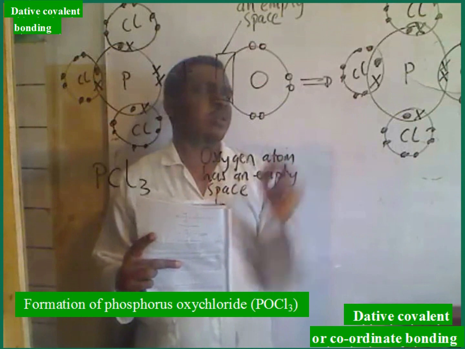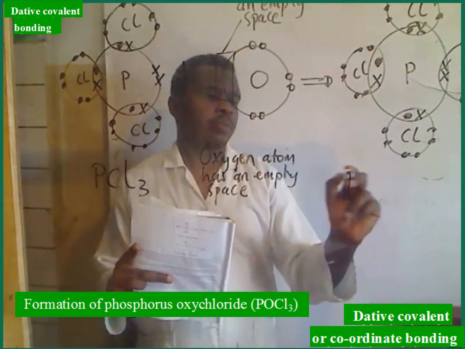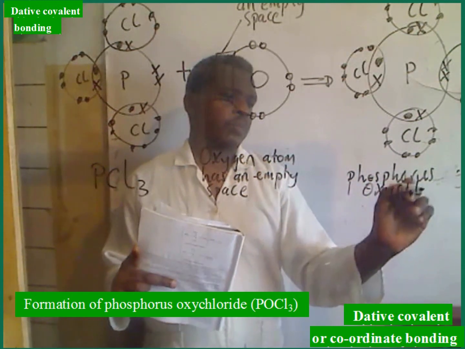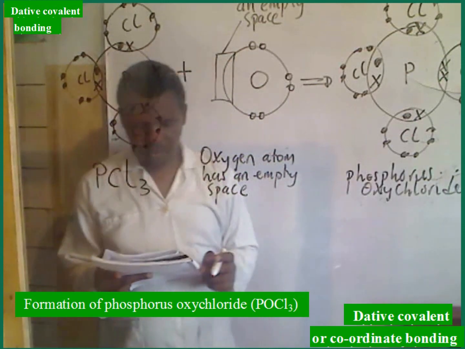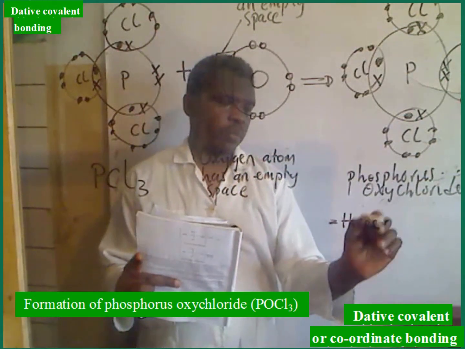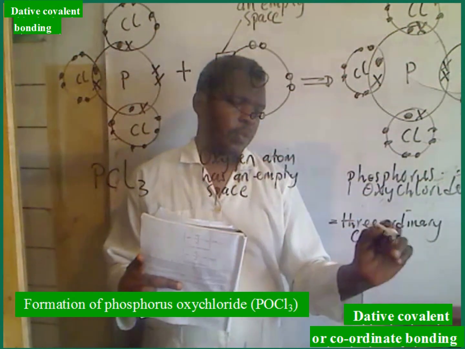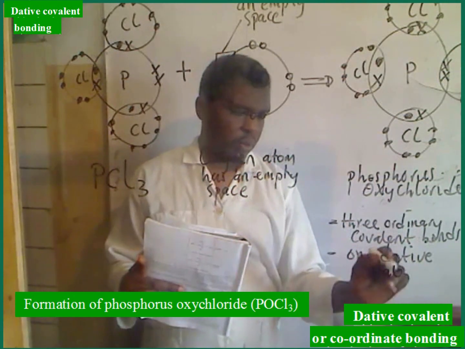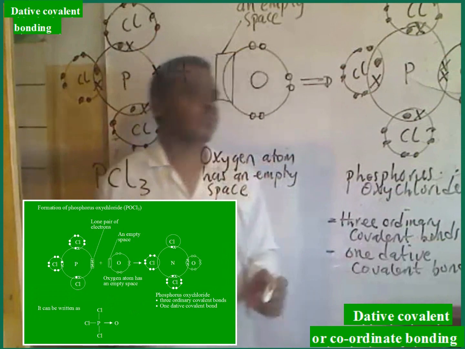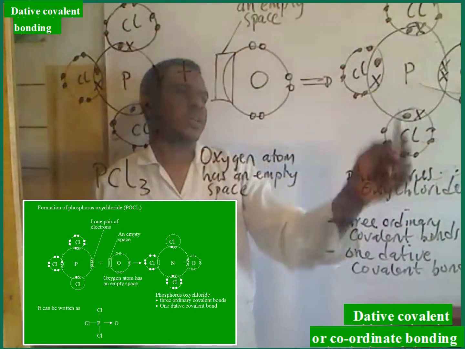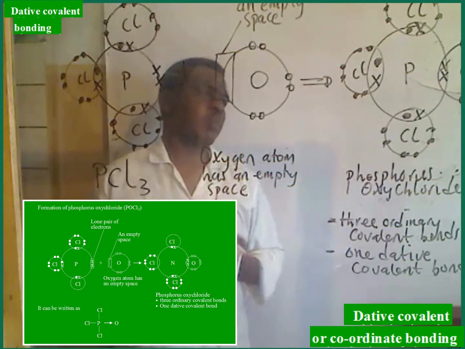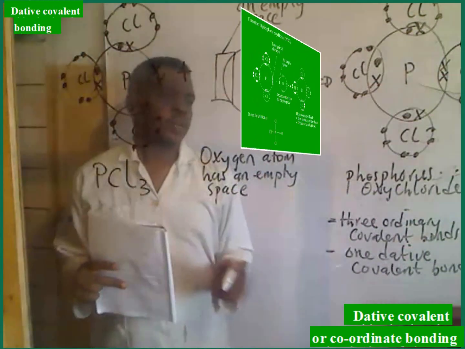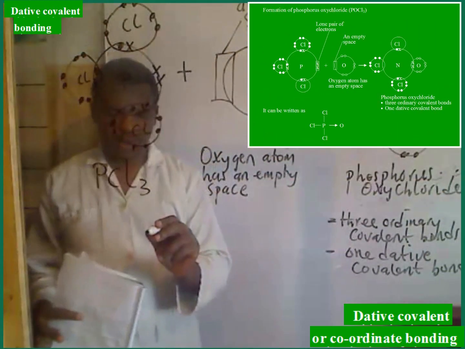So this is a molecule of phosphorus oxychloride. Here we can see the 3 ordinary covalent bonds and the 1 dative covalent bond. Phosphorus oxychloride can be written as